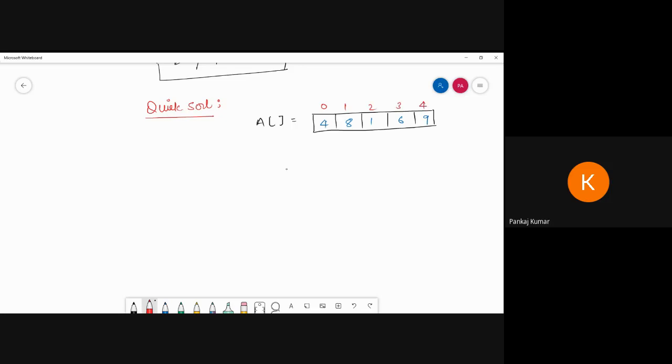Now see, in the quick sort we apply the partition operation. That means we can use the function partition. That means we can divide the array by partition, but not like a division in merge sort. In the same array we can partition. In the same array we can perform the partition operation, similar to the selection sort.